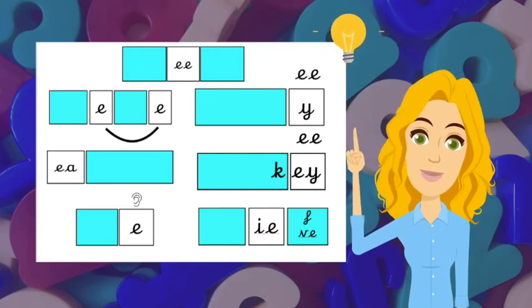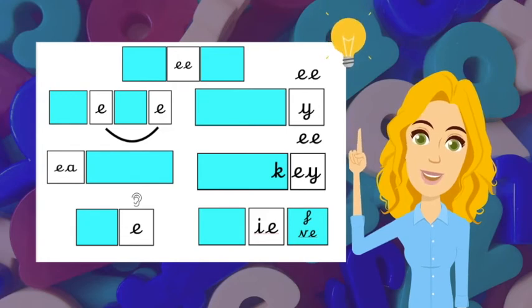Here's a quick recap. An E and an E makes the E sound or phoneme, and it's common, and we often find it in the middle of words. The E split digraph is much rarer and also makes the E sound in the same way. It just has a letter squeezed in the middle of the E's. An EA making the E sound or phoneme is much harder to distinguish from an E and an E. This often depends on word meaning, but a simple rule which can help is that an E and an A mostly make the E sound at the beginning of words or in the middle of words ending with a ch